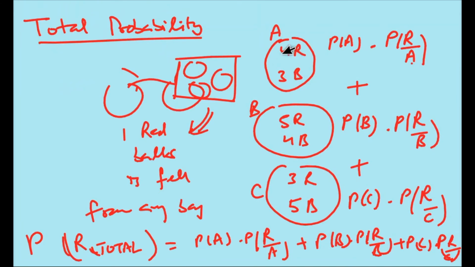That is the choice of the first bag A, which is 1 by 3, and the choice of a red ball from the first bag, which we are seeing here, 4C1 upon 7C1. Total balls are 7, select one ball, and the red ball is 4C1, you select one ball. Okay, so that is